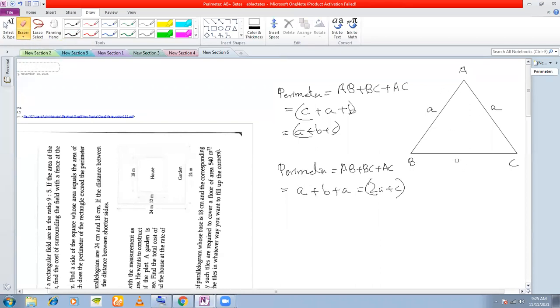If I give you an equilateral triangle, all the sides are equal to A. So what should be the perimeter? So A into 3. Yes, 3A. Perimeter is equal to AB plus BC plus AC, A plus A plus A, which is equal to 3A. Okay. So in case of rectangle also, perimeter is what? It is nothing but the sum of the length of the boundaries. Okay. In case of a pentagon, if I tell you perimeter of a pentagon, even that means the sum of the length of the boundaries of the pentagon. So that is what this means.